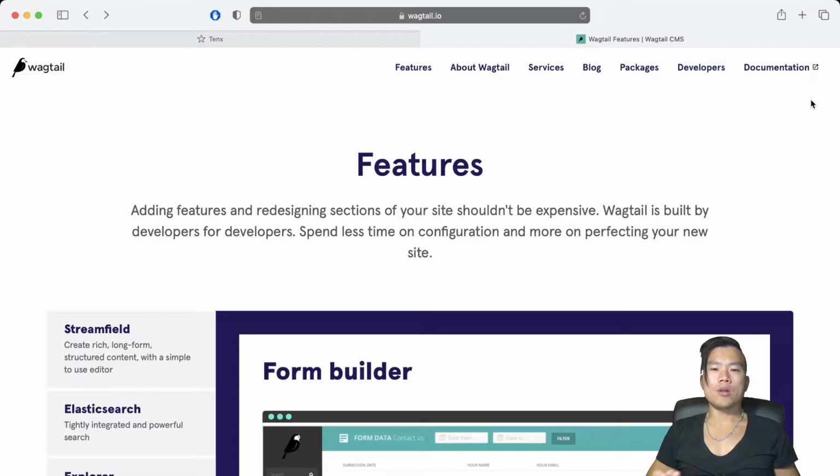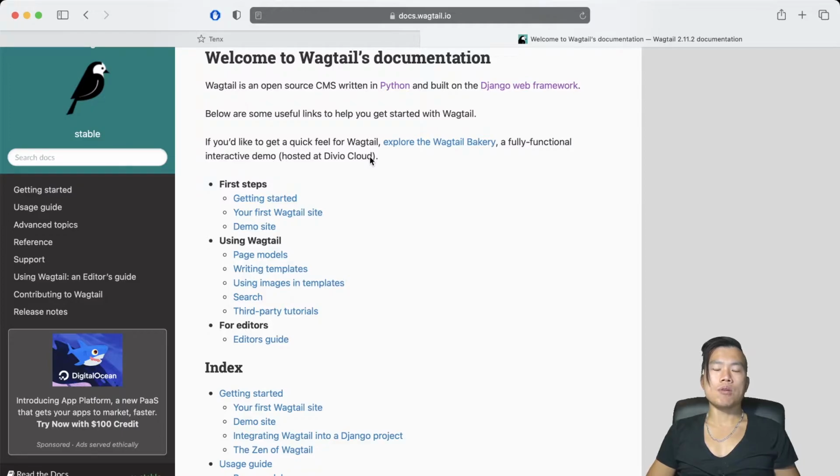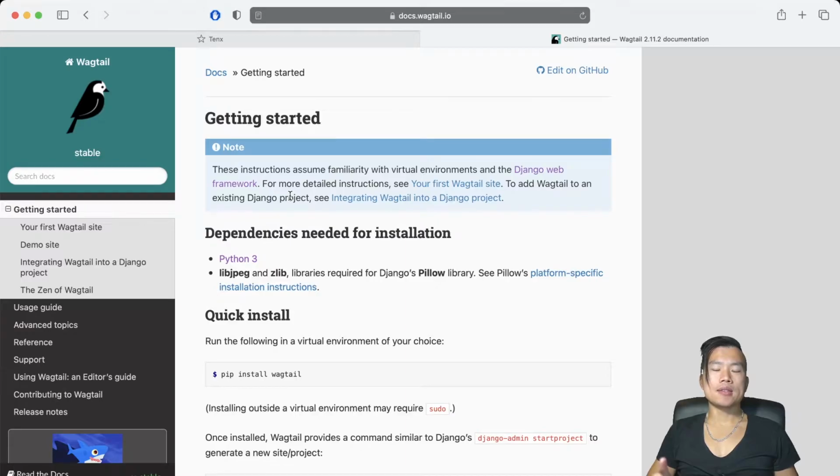So here on the Wagtail.io webpage, I will click on documentation, and in the documentation I'm looking for the getting started section, which is here. Right from the beginning it is written that this tutorial will be about adding Wagtail.io into an existing Django project. This is a very important part.